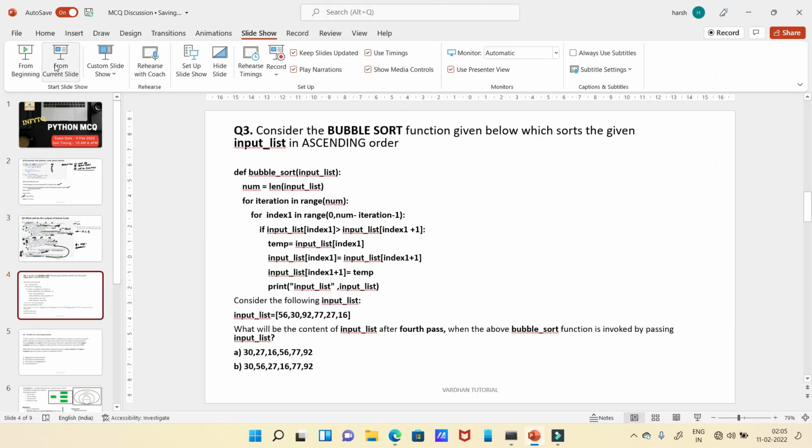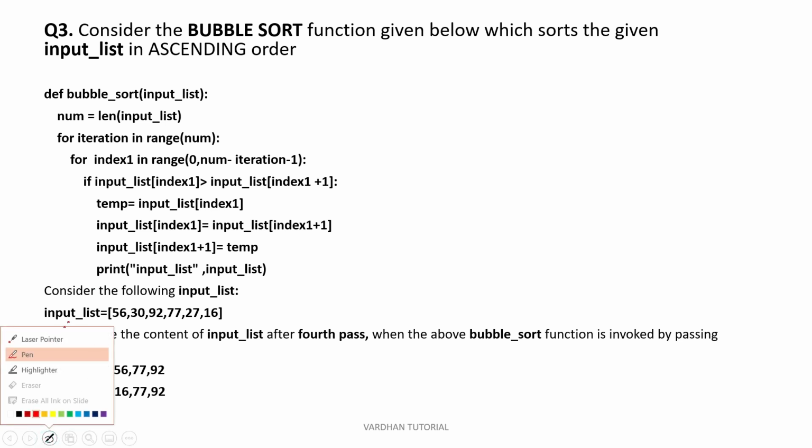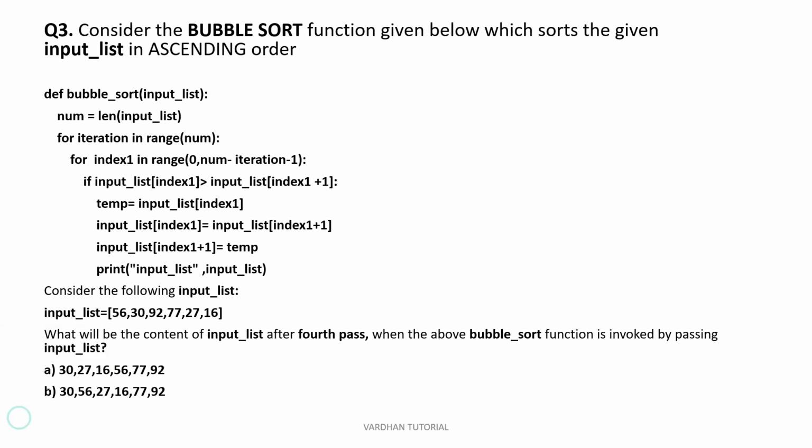So next question. See, this is a question based on bubble sort. Let's see the question. So this question will start from here. In this question, a function is given, but the function is not called. So for calling a function, we will use